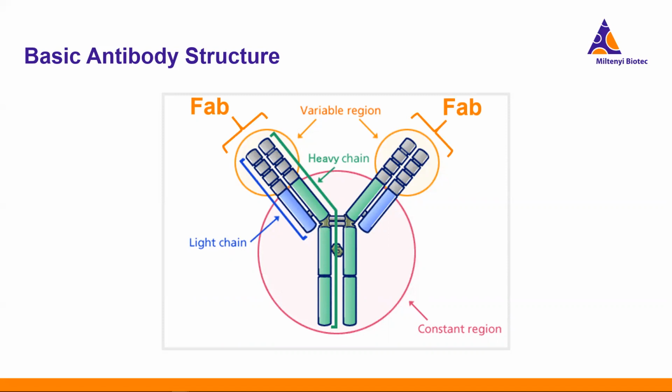And then the tail end of the antibody, shown here, is this Fc portion. This stands for fragment crystallizable. This is the constant region. This is the business end of the antibody, I would say. It directs the immune system by binding to Fc receptors on immune cells in a lot of cases. So, for example, the variable region would be bound to a pathogen, and then perhaps a macrophage will come along and bind to this constant region of the antibody, and it will be activated to be able to engulf that pathogen.